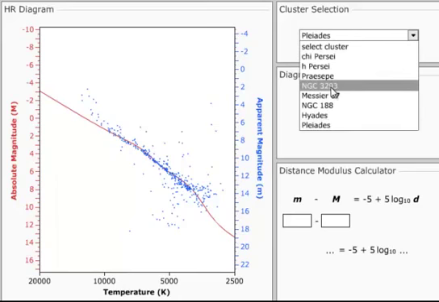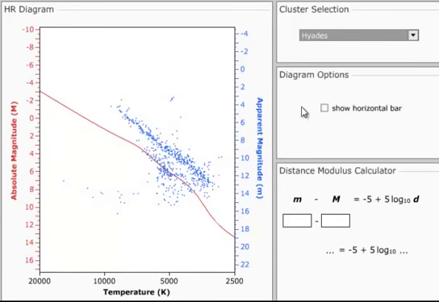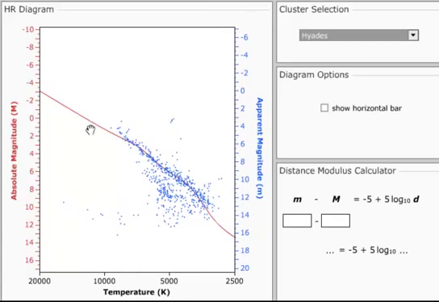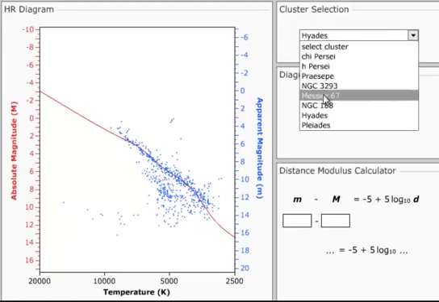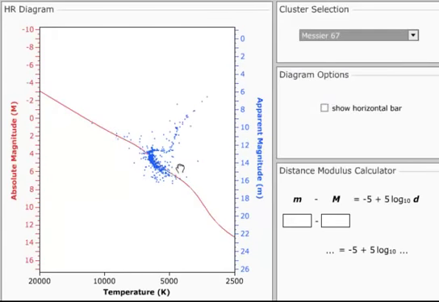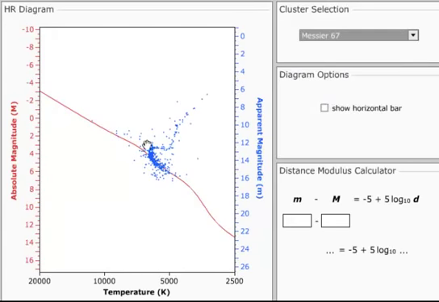Now if there are older clusters, what we'll notice, oh, here's one, right, where it's a little less on the main sequence. Some of it is kind of peeled over. We see more of these giant stars. And look at this, it looks just like the simulation, right? Where it's peeled off and I have now some of these giant stars. So this is an even older cluster.